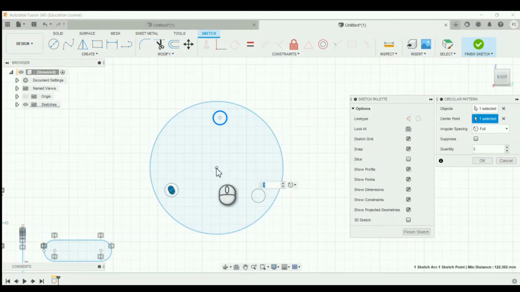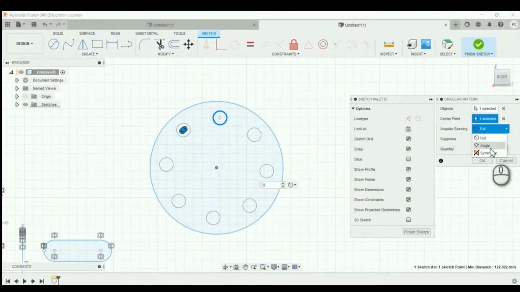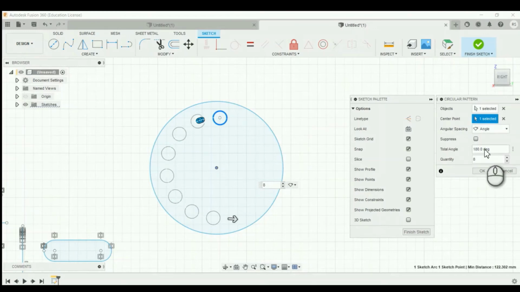After that you can also specify how many circles you want for the pattern. Specify 8 circles, and there are 8 circles, and you can also specify the angle. If you want 180 degree, or if you want 90 degree, you can also specify.